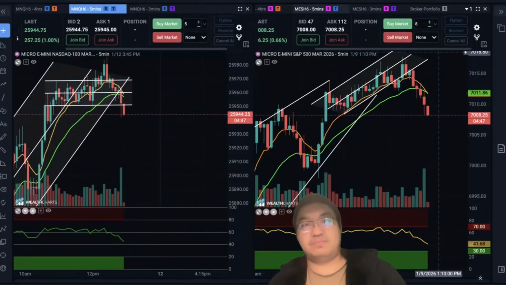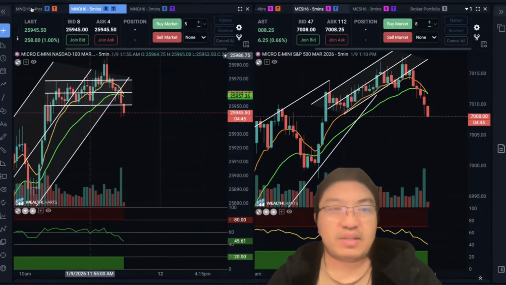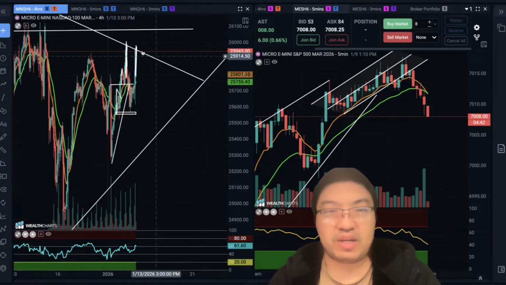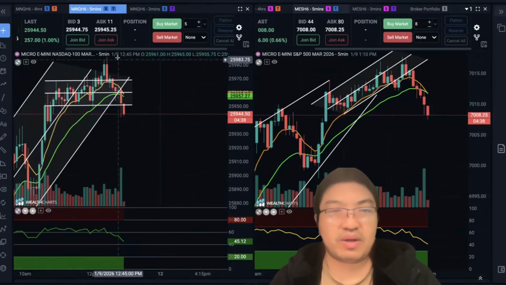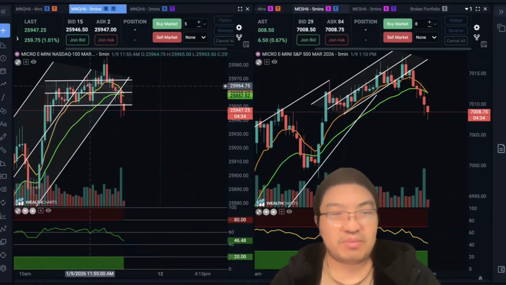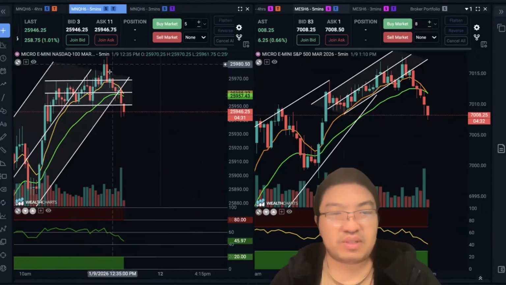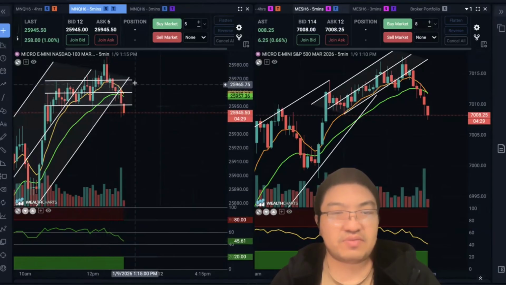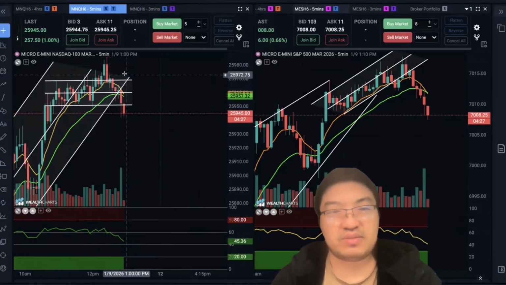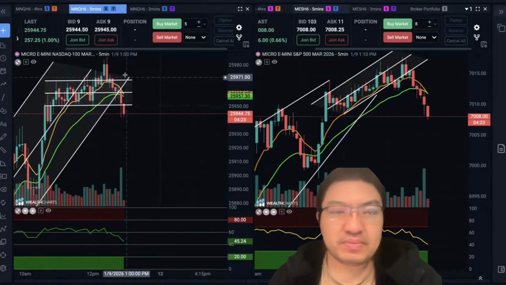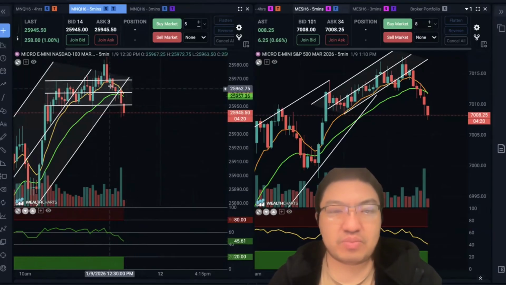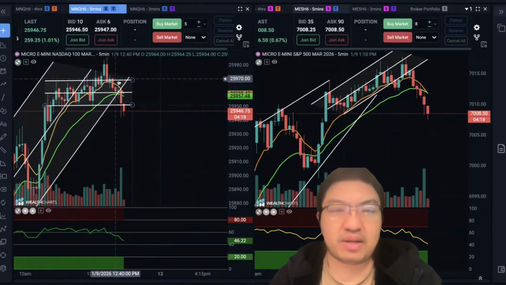I know there is a trend line from a bigger time frame. It's supposed to be effective, and I just cannot wait for it. And it's big, too big. I should wait for this engulfing, but this is not that engulfing. And I wait until here. I see. Okay, it does not fight back. So next time, maybe I should just wait one more candle and see if it fights back. If it doesn't, then I can